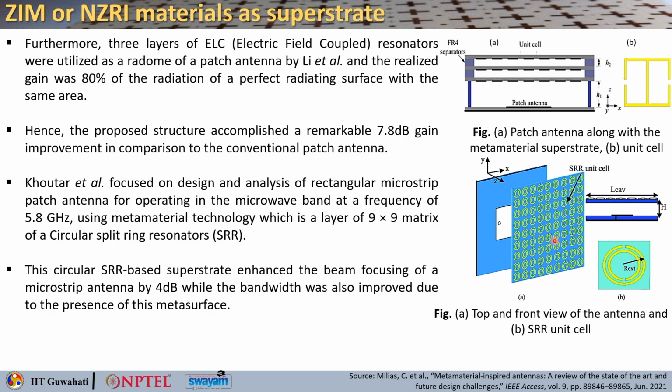So, what it tells is that all these different kinds of designs people have tried to come up with are non-zero refractive index materials. They allow you to improve the gain of the antenna without basically increasing the footprint. Okay. Next, we will look into the deployment of artificial magnetic conductor surfaces near the radiators that can also be